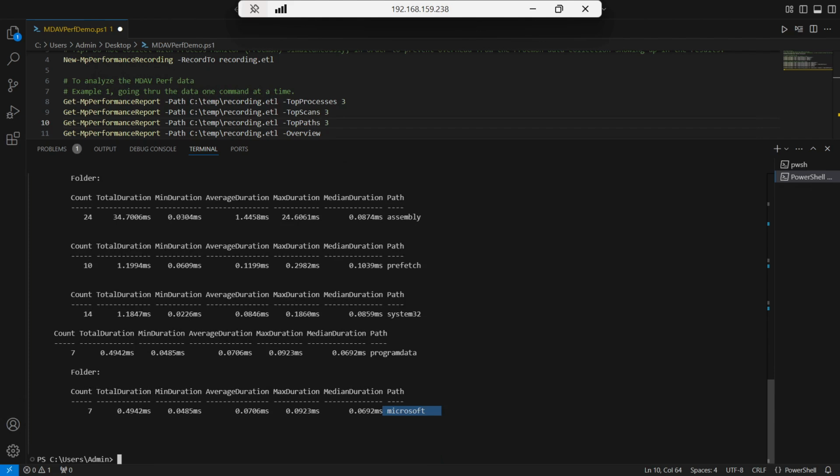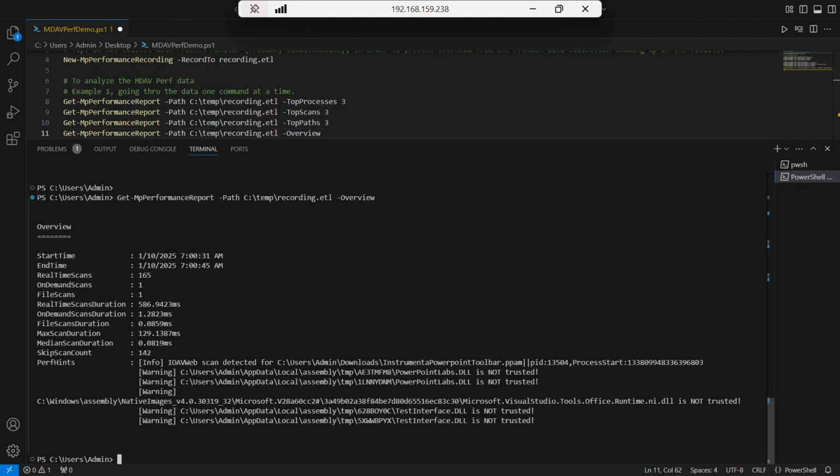So we're going to go ahead and run one more command, which is the overview. If I go ahead and run the overview switch, in here, it pretty much tells us why there was a higher CPU utilization in PowerPoint. The nice thing about it is it tells us that the DLL in question is not trusted, which means one thing, right? That the DLL more than likely is not signed, as in there's no certificate for that DLL, even though PowerPoint and the Microsoft binaries do have a certificate, they're signed, they're trusted by us, because